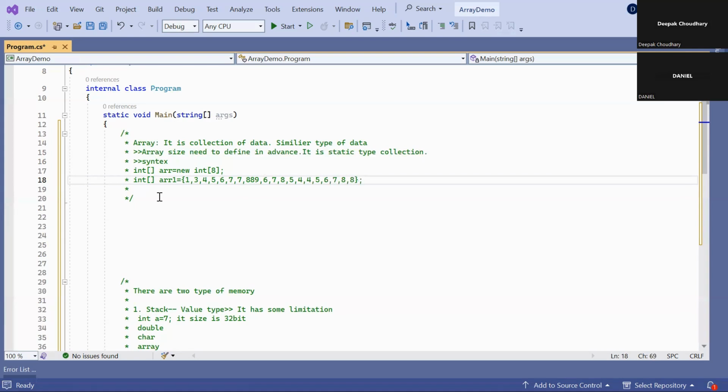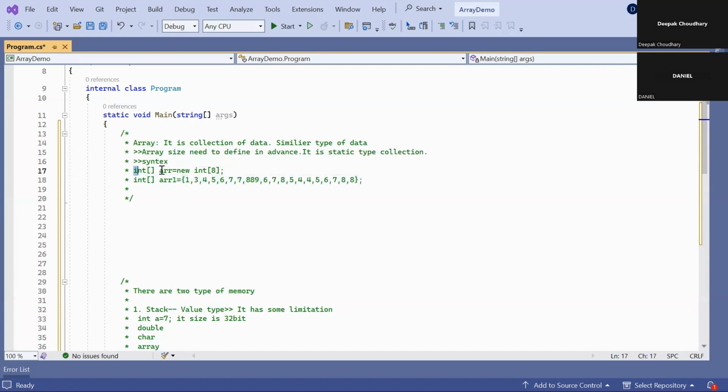So this is also a way of declaring an array, but the difference between this process and that process is that this array has a size only. That array doesn't have any elements. That element we can take from the user as well. But in this array, we already decide what types of elements are stored in it. So there is no scope to get the element values from the user if you declare the array like that.